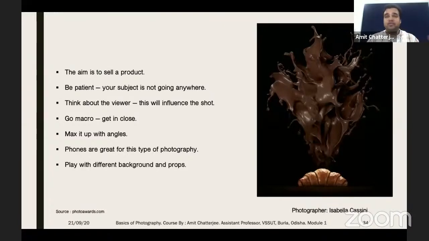Now I just focused on food, but you can focus on product photography also. It can be a selfie,